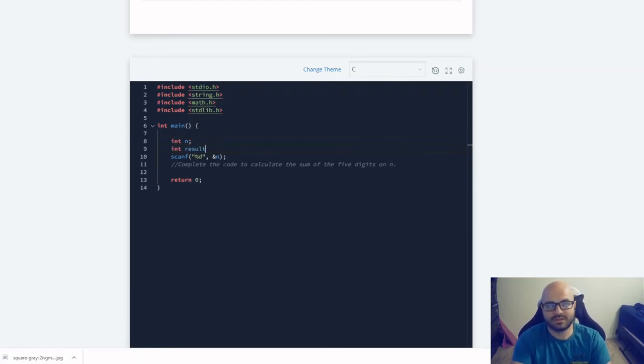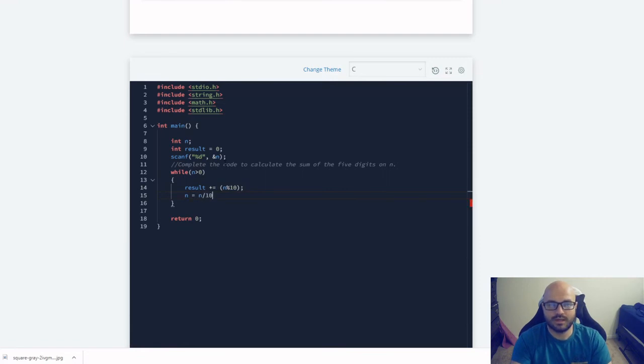I'm going to say result equals 0. I'm going to use result as a placeholder for when I print this out. And then we're going to do the while loop we talked about. So I'm going to say while n is greater than 0. There's no real value in holding on to the n, so I'm just going to use it to do the math against. And I'm going to say result plus equals n mod 10. So this is going to grab the 4 off the first time, and then n equals